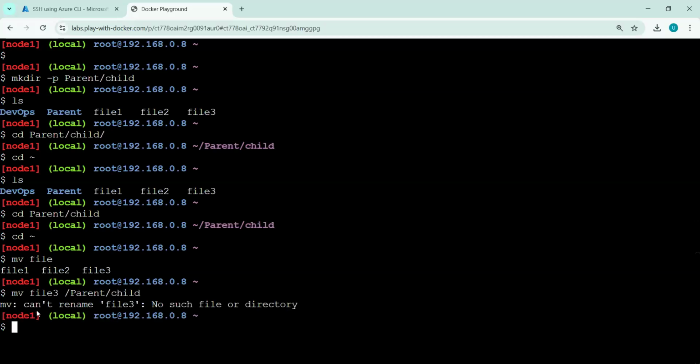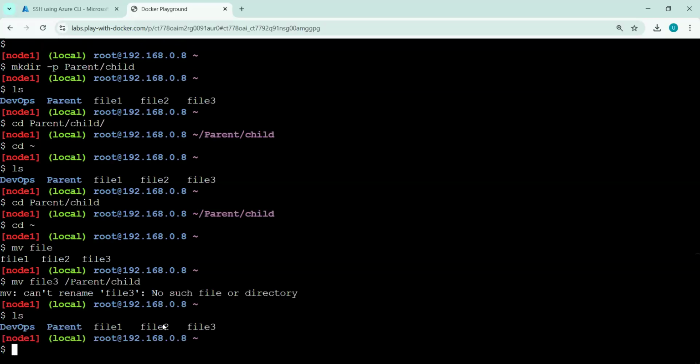Okay, it is saying can't rename file 3, no such file or directory. Okay, where am I? I am at the root folder. Let's check ls. So this is file 3. Now here in this mv command, it has a slash.